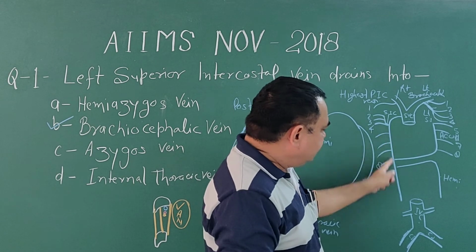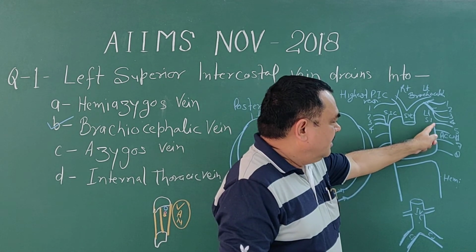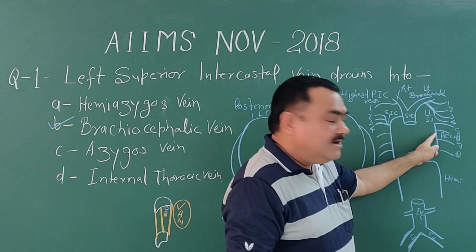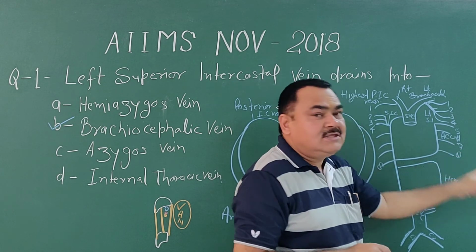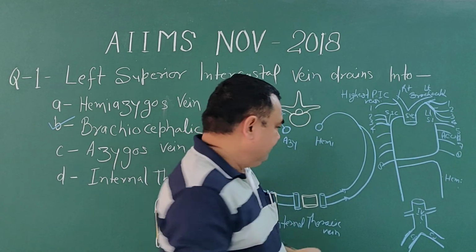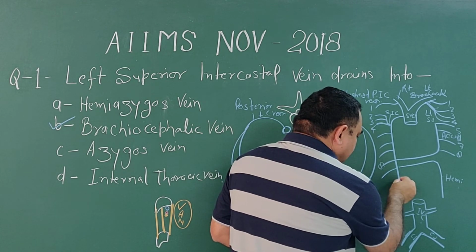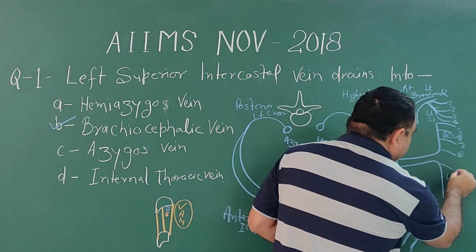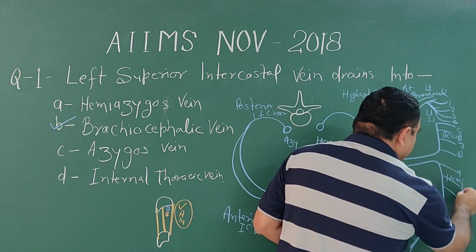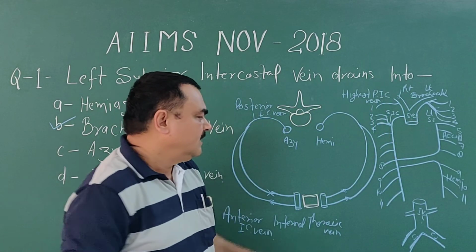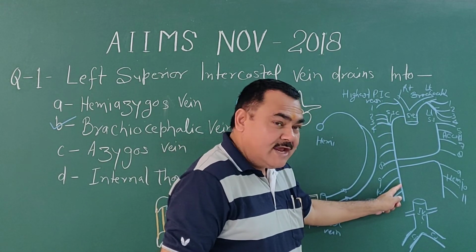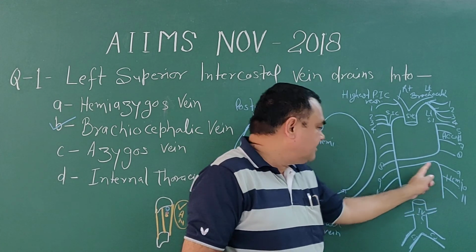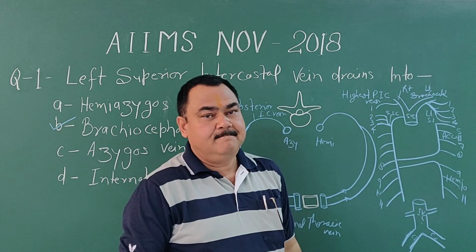And here you can see the azygous vein. It receives the accessory hemizygous, and this accessory hemizygous receives the 5th, 6th, 7th, 8th posterior intercostal on the left side. And here are the 9th, 10th and 11th. These also drain into the azygous vein. The 9th, 10th, 11th drain into the hemizygous vein, and the hemizygous vein drains into the azygous vein.